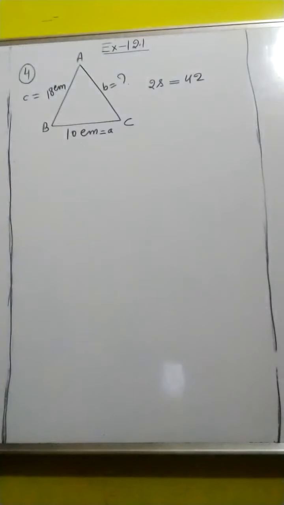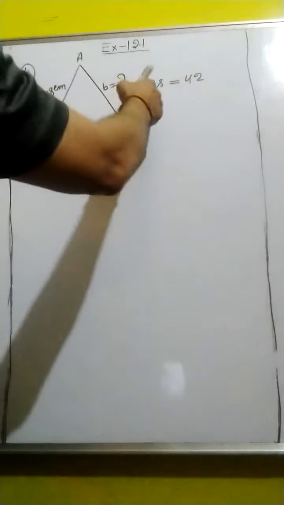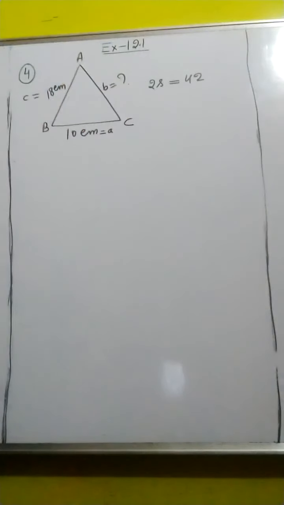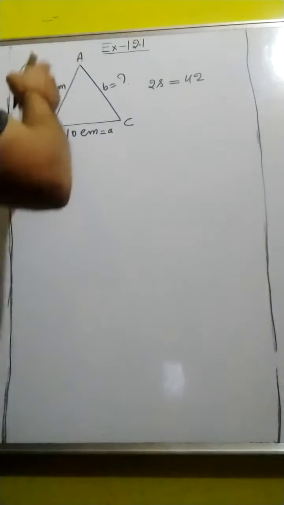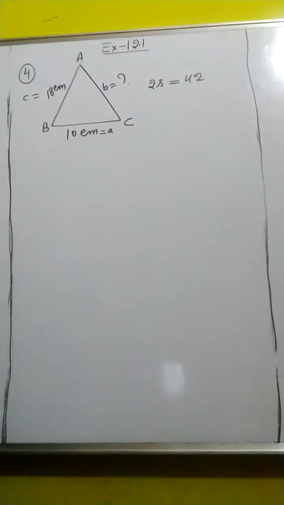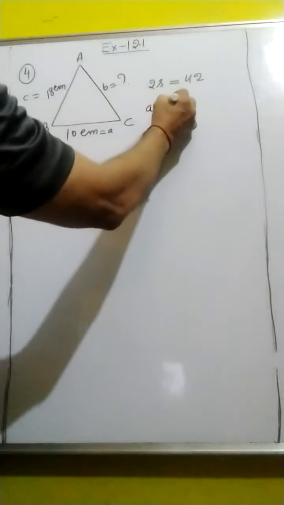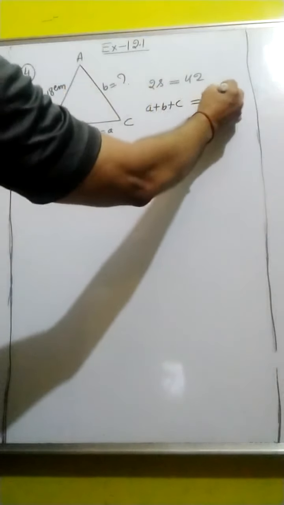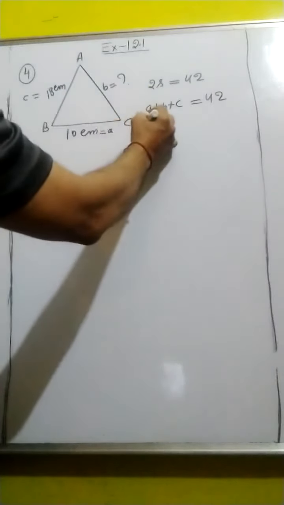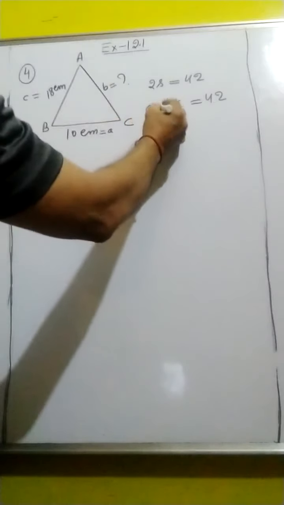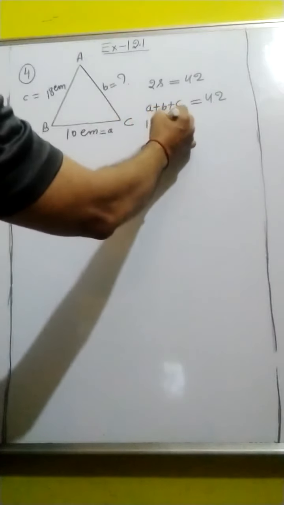Then we have to calculate the area of the triangle. So 2s means the perimeter of the triangle ABC. Perimeter means the sum of the lengths of the sides of the triangle ABC, that is a plus b plus c equal to 42. So a is 10 and c is 18